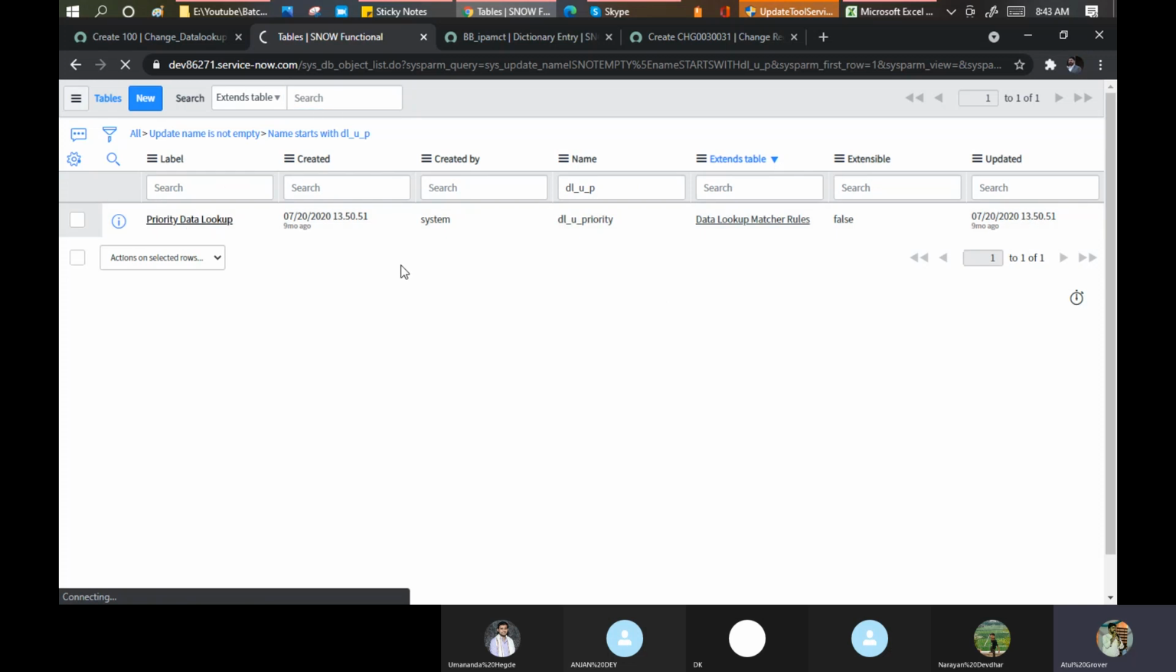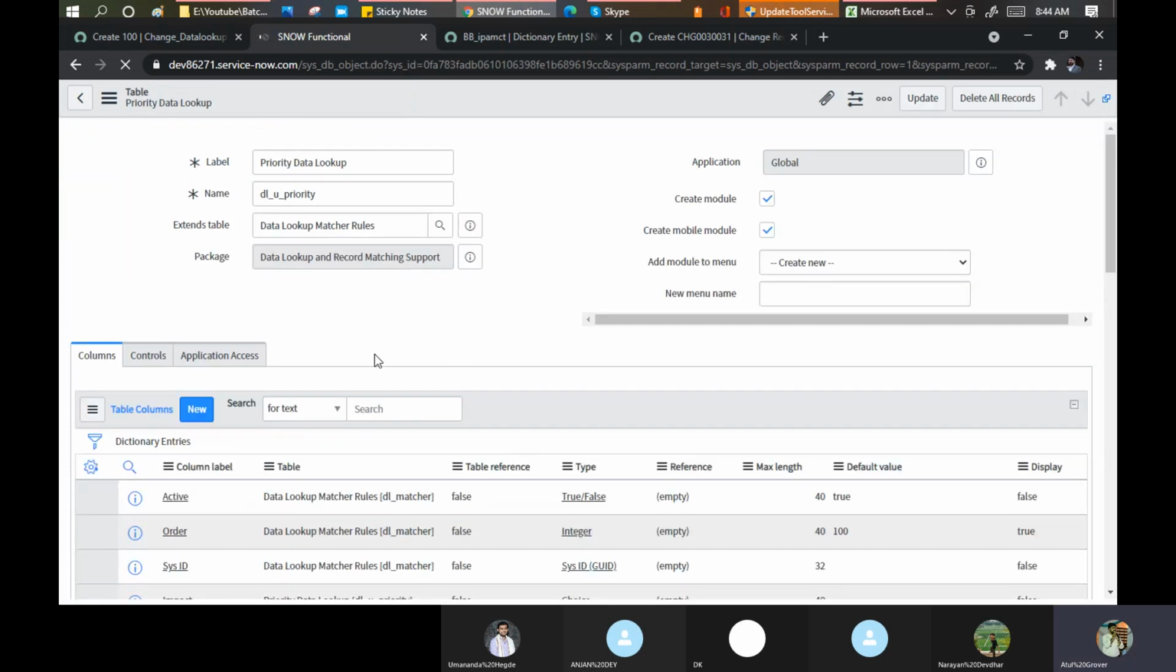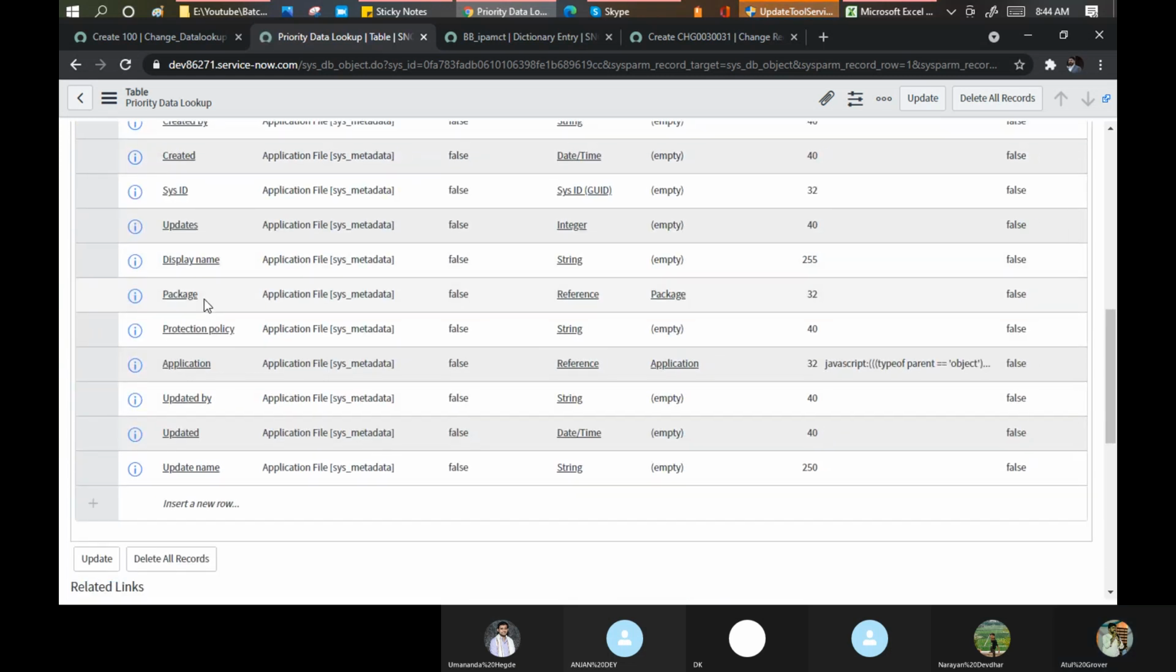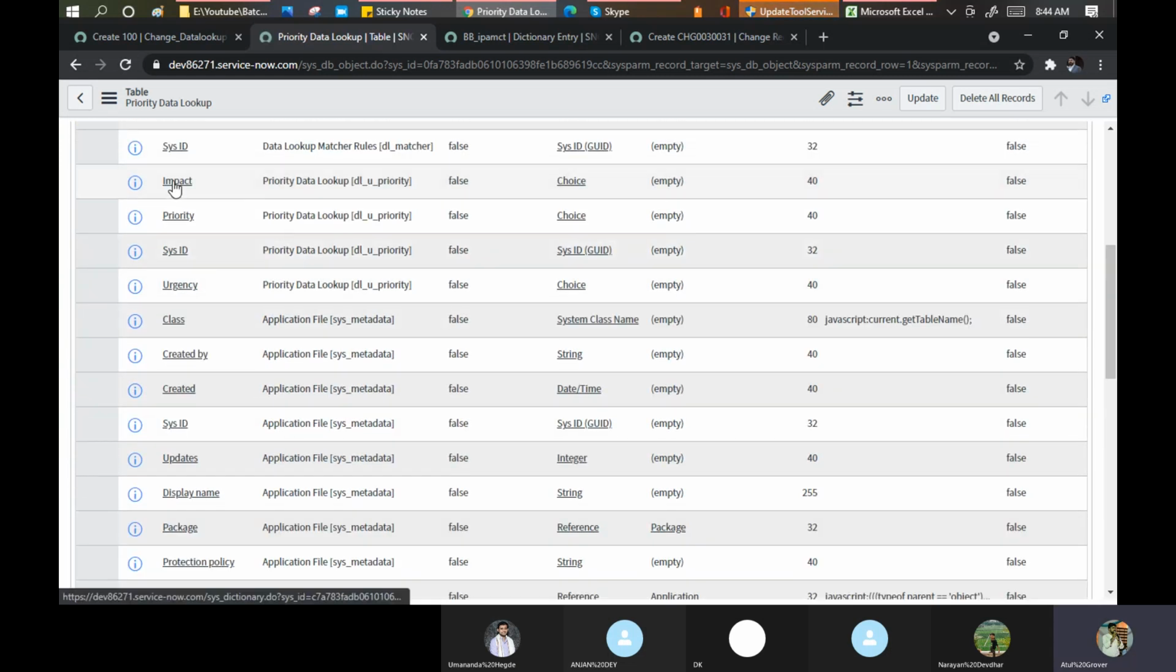If I open this, scroll down, see the impact. They already put the choices here. Okay, you can do these choices as well. You can put a choice here, means